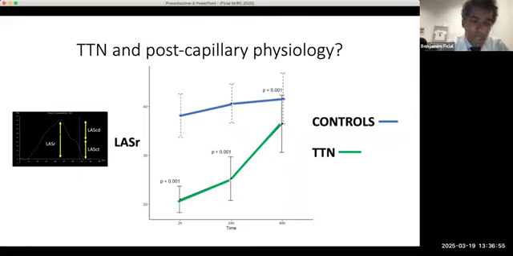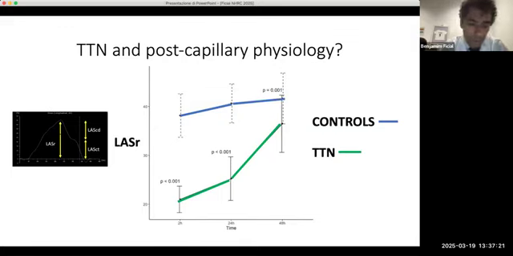As you can see, in both the TTN neonates and controls, we observed a significant increase in left atrial strain reservoir over the study period. However, left atrial strain reservoir remained significantly lower in neonates with TTN compared to controls, resulting in a statistically significant